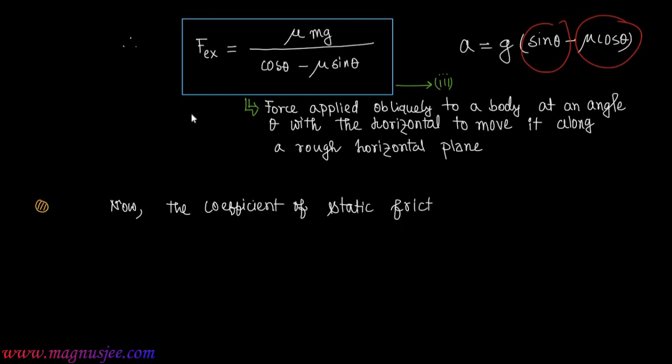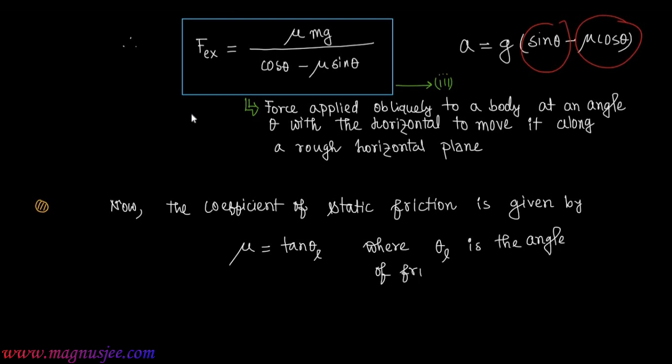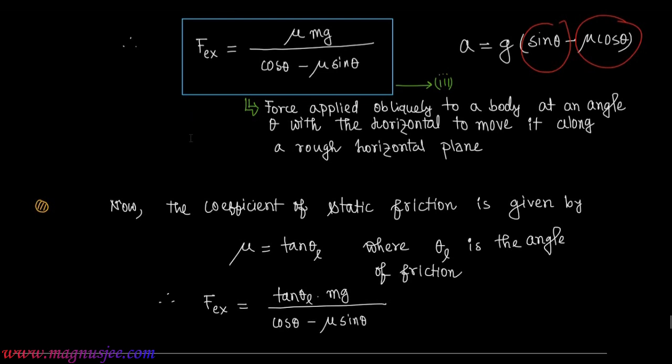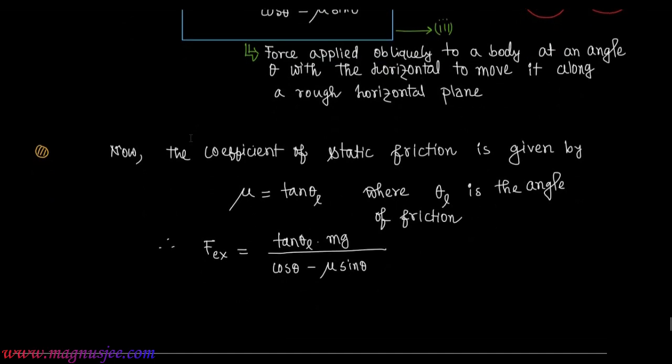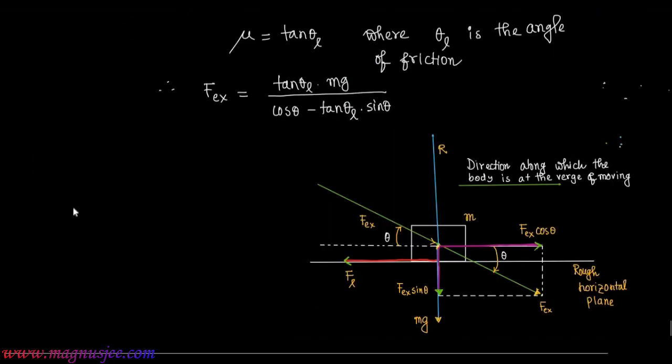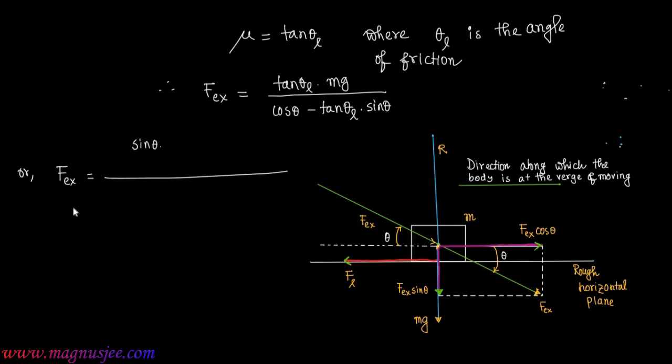Now the coefficient of static friction is given by mu equals tan theta L, where theta L is the angle of friction. Therefore, Fex is equal to tan theta L mg divided by cos theta minus mu sin theta. So finally, we get Fex as equal to tan theta L mg divided by cos theta minus tan theta L sin theta, or Fex equals sin theta L